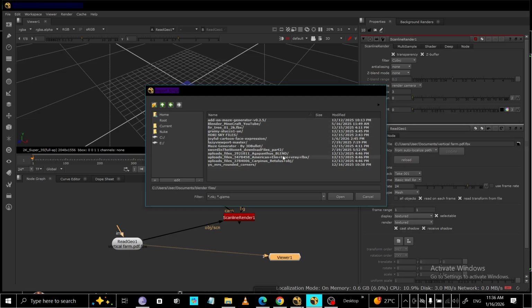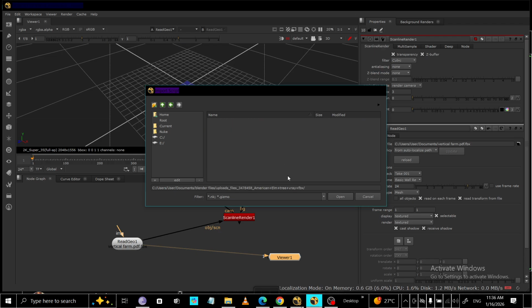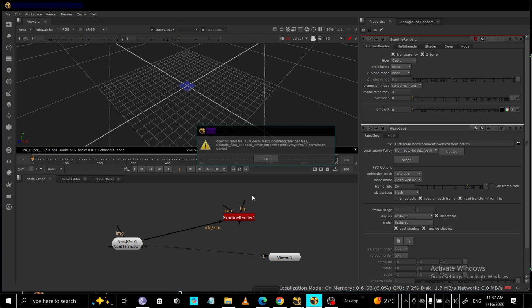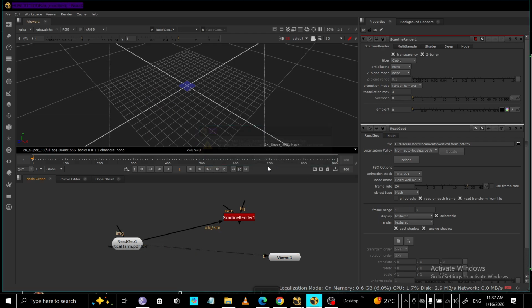To recap, use ReadGeo when you want a fast, node-centric way to bring in an FBX as is. Use the FBX import panel when you want fine-grained control over what gets imported, along with the ability to configure frame ranges and scale. With these two approaches, you can move effortlessly between quick